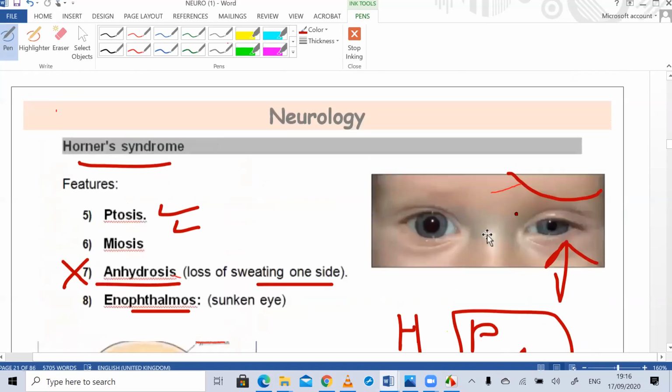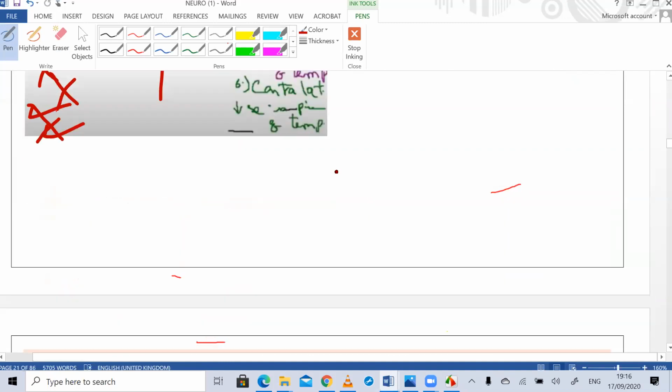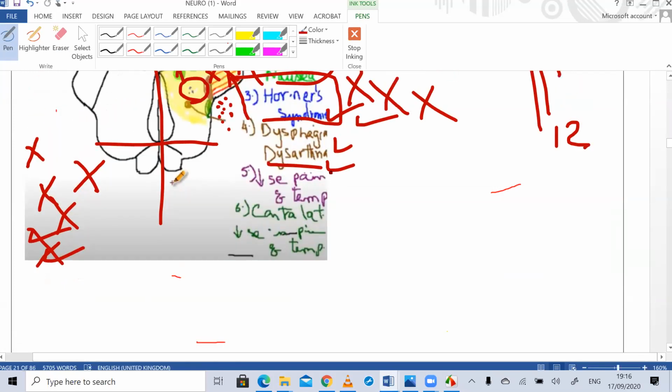Clear? This is a very tricky part regarding Horner syndrome. And that's why Horner